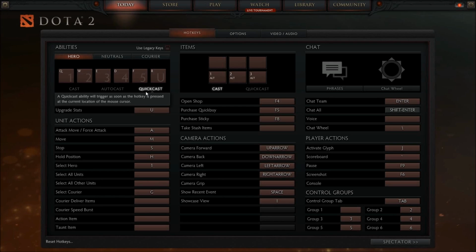So any units I have, like Necro creeps, I can hotkey there. I always have them on 1, 2, 3, 4, and 5 because they're above the Q, W, and R where I have my hand normally. So it's a very small movement to get to 1, 2, 3, 4, and 5. It's very natural for me. So what I'm saying is, if you're talking about my hotkeys, I use quick cast